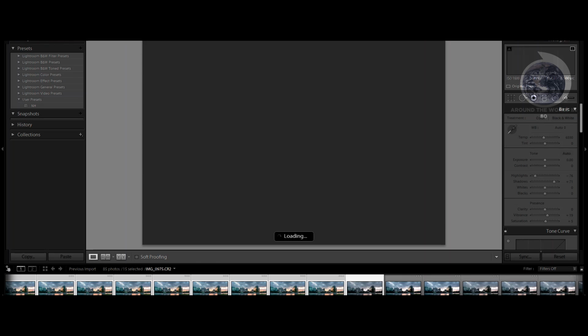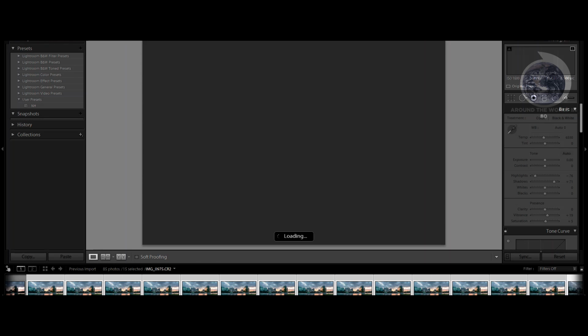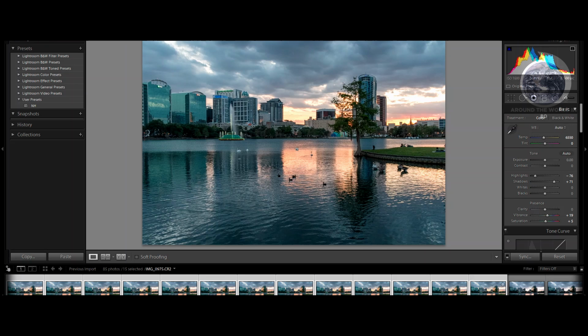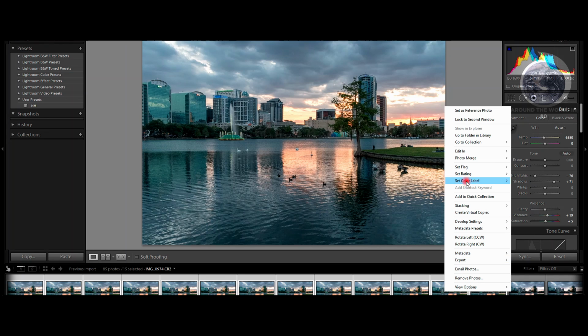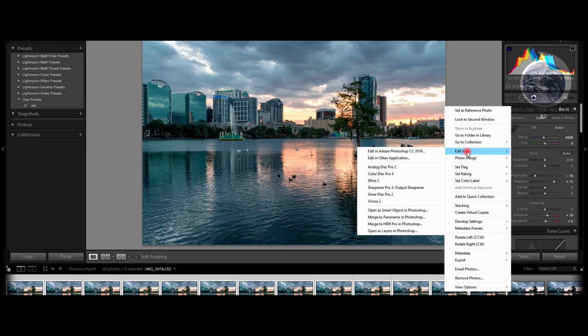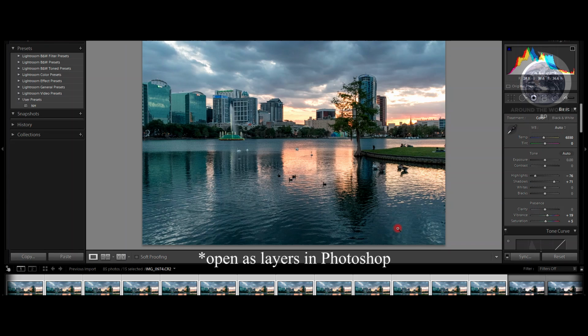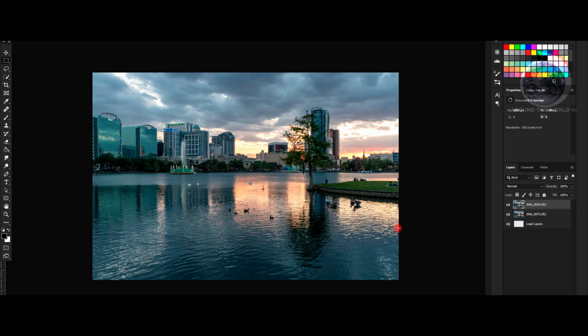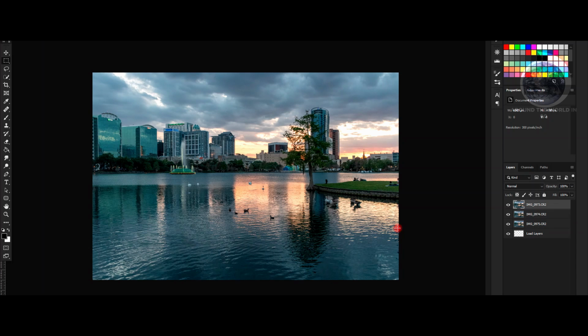So what I've done here is I've loaded all the photos into Lightroom. Once I edited the first photo, got it to a place where I felt like this was a winning combination, right-click on it, and what you want to do is edit in, but you want to open all these images as layers. Now that they're all in here as layers, granted they're raw files, so they're a little bit larger and they probably take up a little more computing power and some resources from your computer.